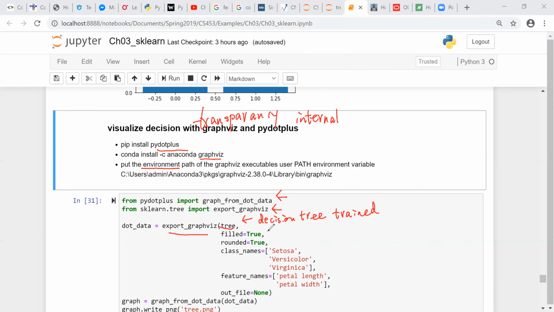Okay. And you set filled, so each of the nodes is filled with color, like our diagram shows, it's kind of rounded, etc. And you also need to make sure to put the class names, so we have these three class names and the feature names. And this is for the output file, and by default it's none, because over here we are going to